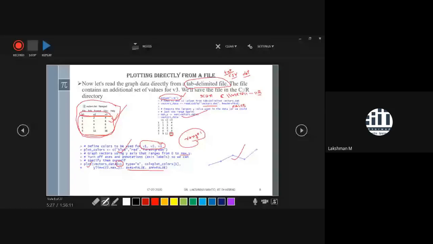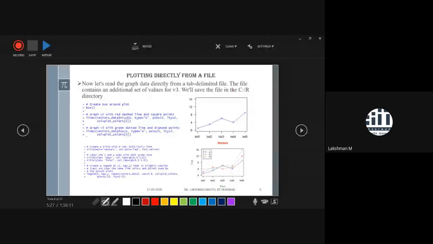Here, first I have created a box using a plot. Then using lines, we can create vector 2. I made a mistake here: trucks is not a variable here. The variable is V2, so you put V2 here. Similarly, the variable is not SUV, here the variable is V3. Put V3 here. If you put a wrong thing here, then it will not give your desired output.